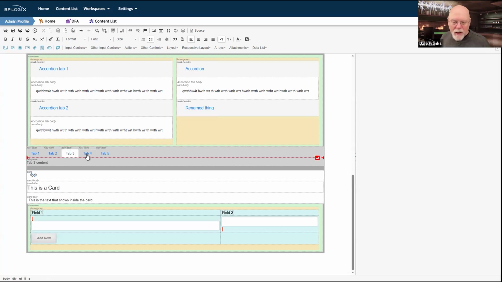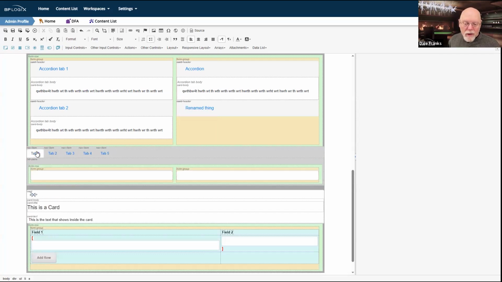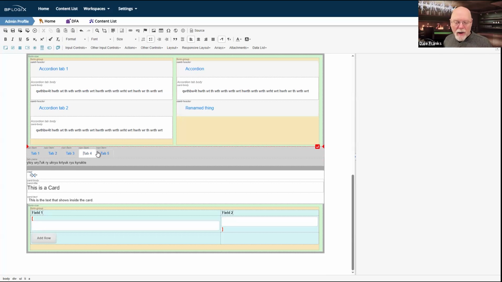And when you throw them in, by the way, you get tab 4 content, tab 5 content, tab 3 content. Obviously, you're going to want to make changes to this stuff, whatever the changes are that you need to make to the text. I could, of course, once again, on a tab, drop in a form row and the appropriate number of form group controls, and then I have all of my tabs running the way that I want them to run.